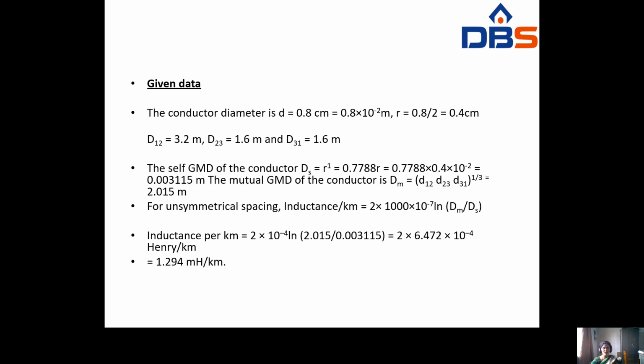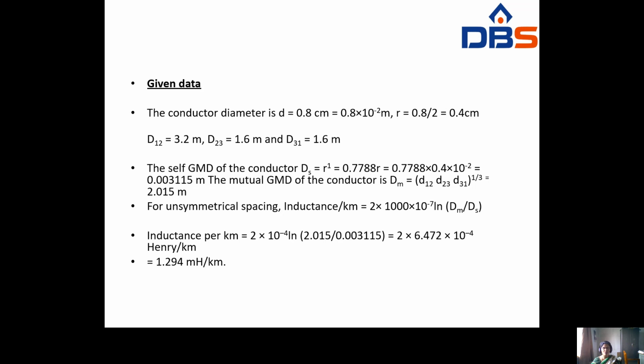Multiplying 3.2, 1.6, 1.6, finally you get the mutual GMD value of 2.015 meters. Here, to find the inductance per kilometer for unsymmetrical spacing,